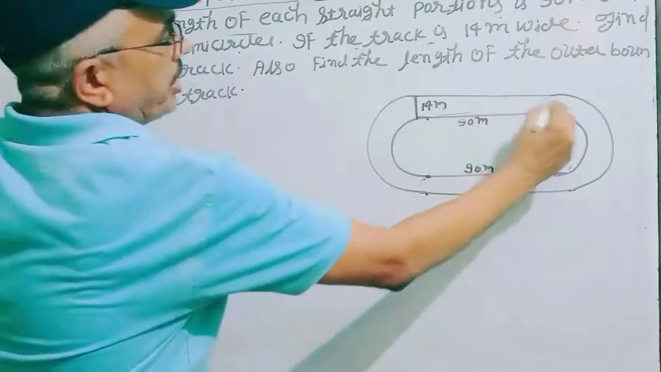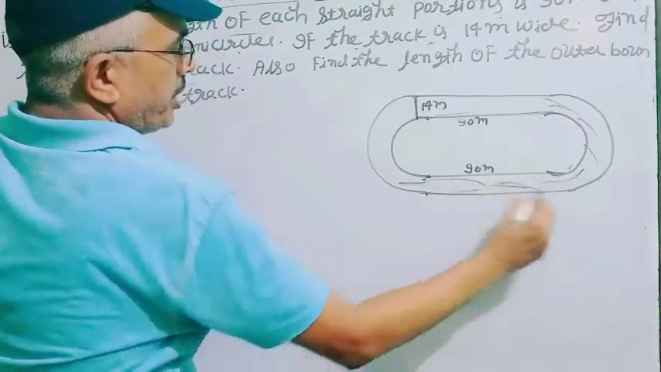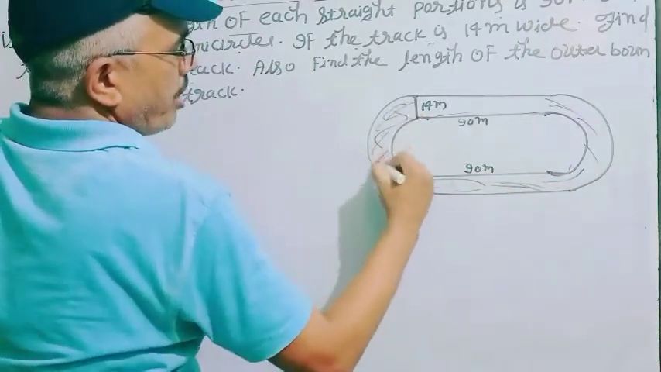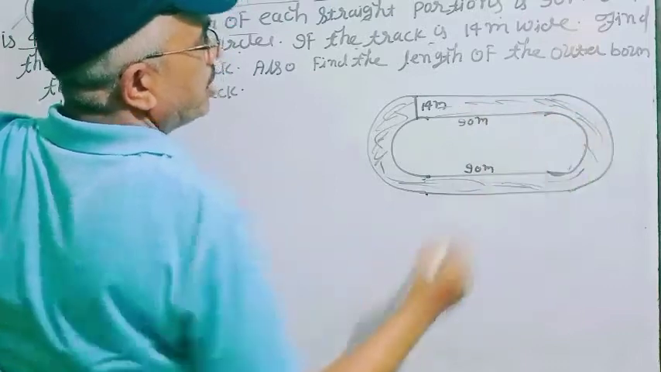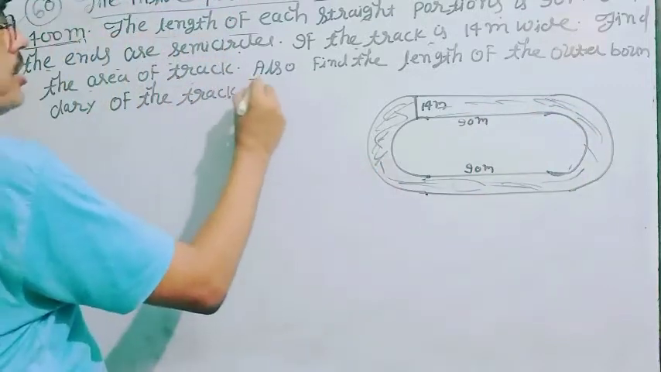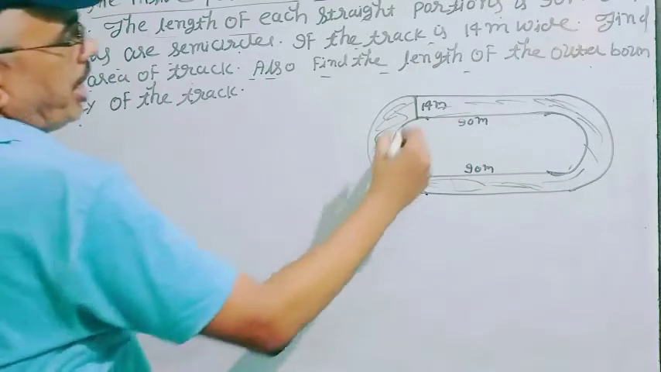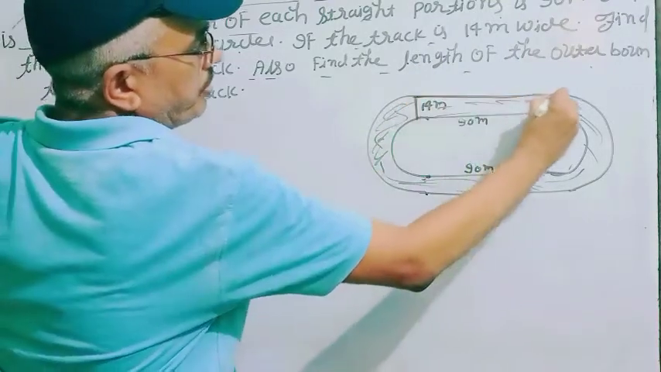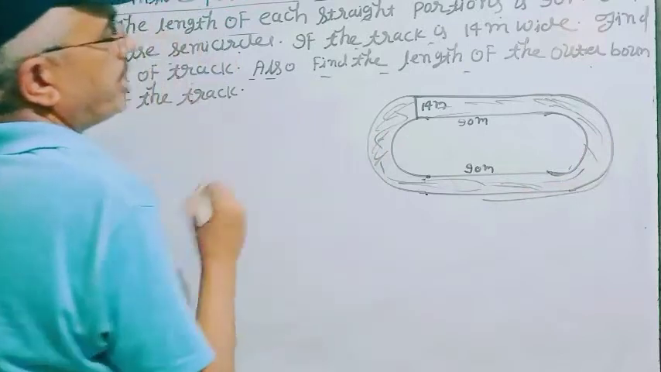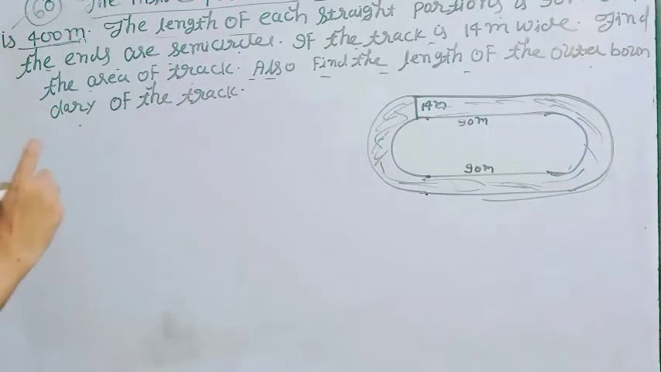Then your question: what is the area of this portion? It is the area of the track, and you have to find it. After that, also find the length of the outer boundary of the track. Another question is, what is the length of this outer boundary of the track? So dear students, first your question is,